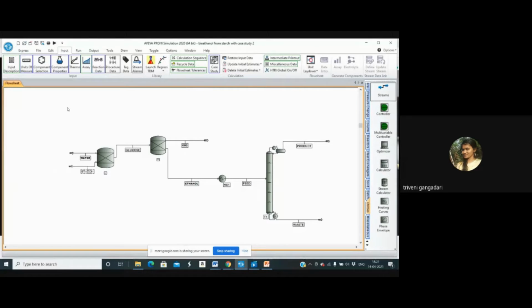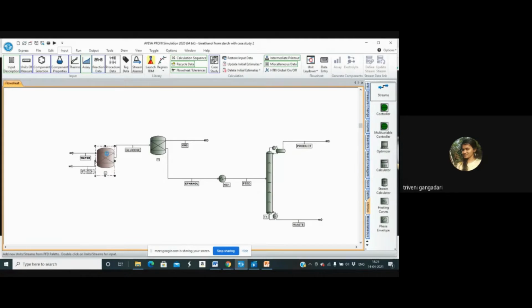So after the component selection, thermodynamic data and reaction data are given. Now the actual process of building the flow sheet begins. Here you can see the first reactor is conversion reactor one, where hydrolysis of starch occurs. The conversion reactor simulates a chemical reactor by solving the heat and material balances based on supplied reaction stoichiometry and fractional conversion. Here feed streams are starch and water and the product stream is glucose.